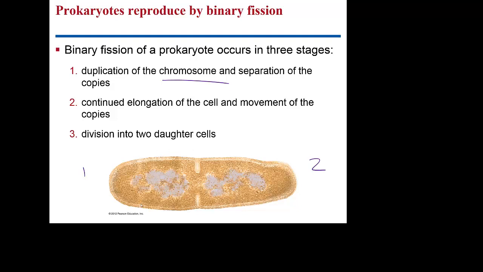So if this is our single-celled organism at the bottom, the cell will elongate so that it can split itself in half. And you see these indents that are starting that are actually going to go through a process known as cytokinesis, where we just simply split the cell in half. So this division produces two daughter cells.